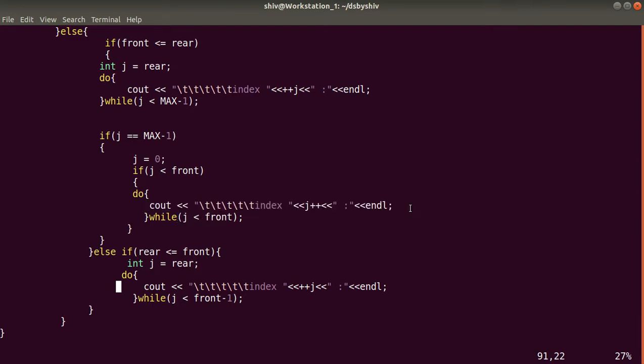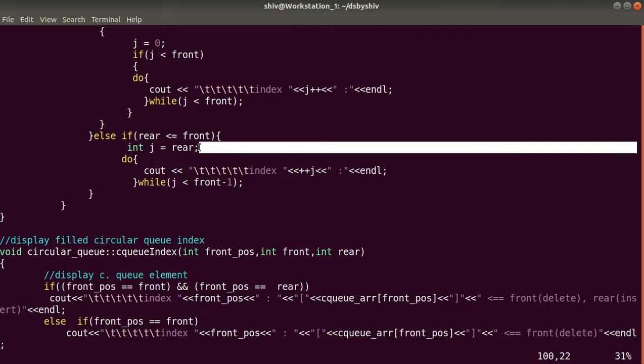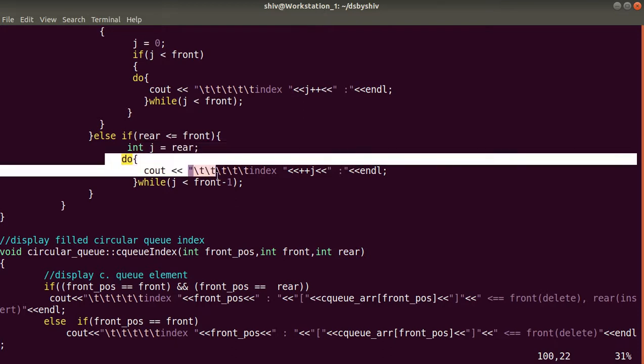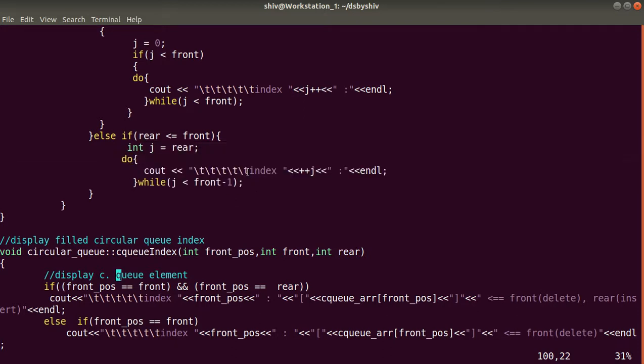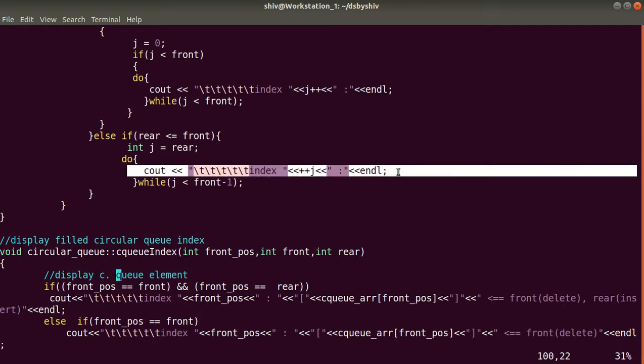And same here in the else if condition, if rear less than or equal to front, then we will assign the rear value to j, again a do while loop, same logic, index number, and it will check the condition j less than front minus 1. Till this condition is true, it will print the free index.